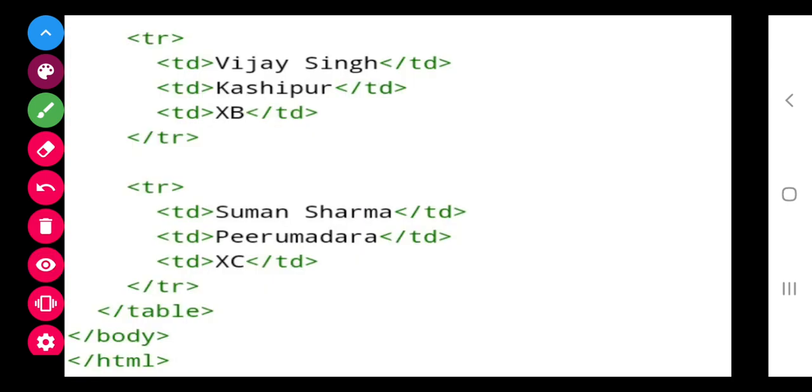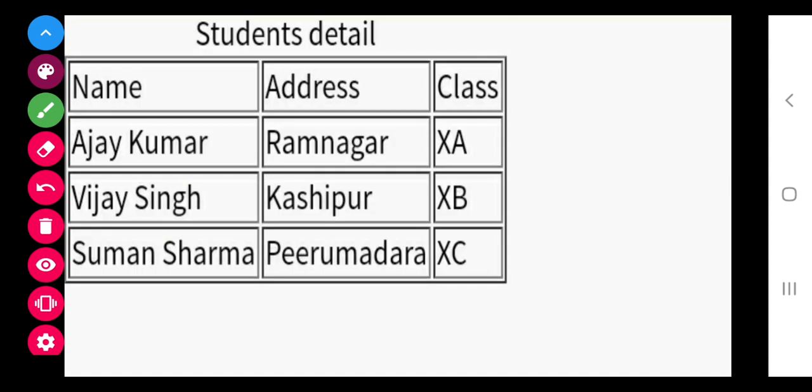Now similarly for Vijay Singh, Kashipur, 10th B. Now Suman Sharma, Pirumadara, 10th C. And finally the table is closed here, and body is closed and HTML is closed. And finally the output, when you see it in your mobile or a computer, the same output will come.